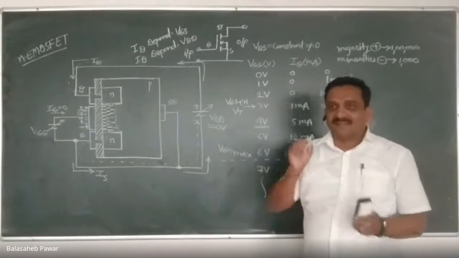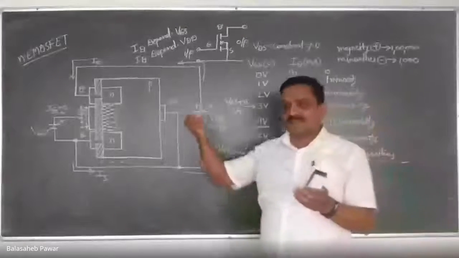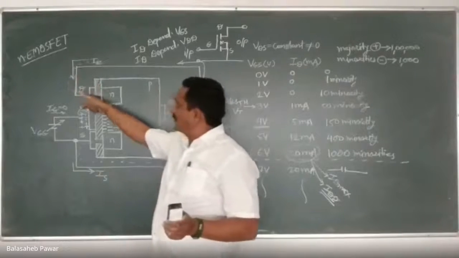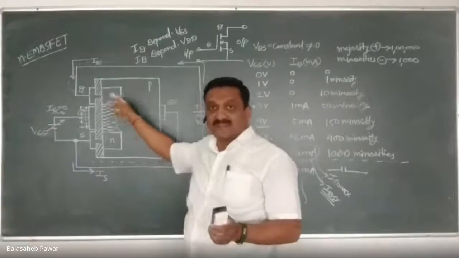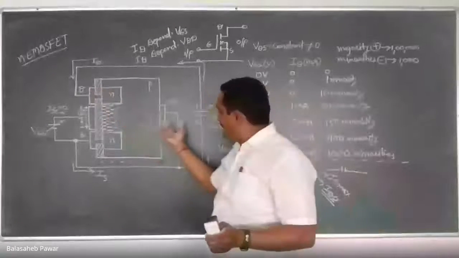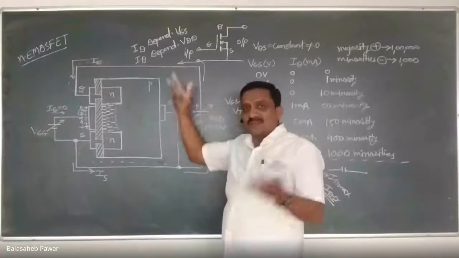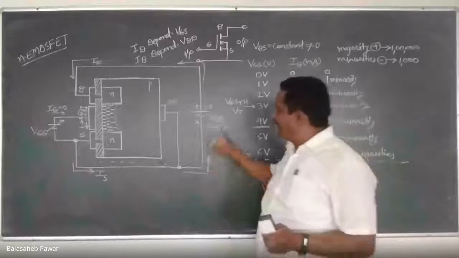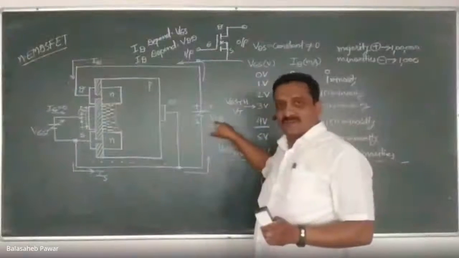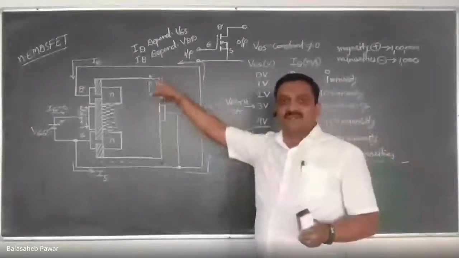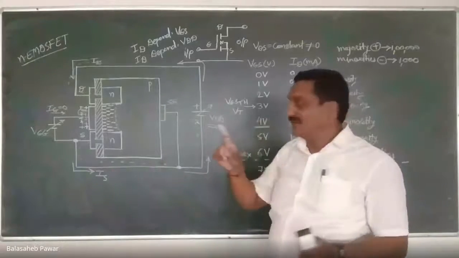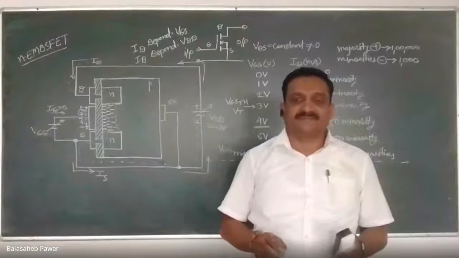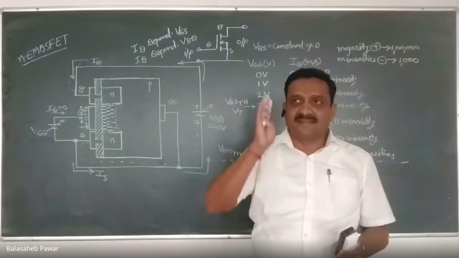See, current flows when there is some voltage source. Here, the current we are considering is the output current, that is ID, drain current. But what is the source of that current? If there is no voltage source, no current will flow. Yes or no? So there should be a non-zero voltage source. Then and only then there will be a non-zero ID, when VGS is sufficiently large. Am I right?